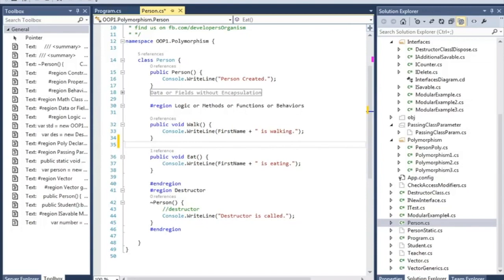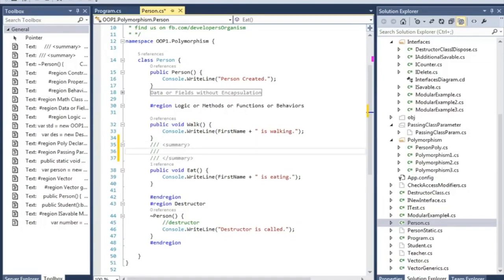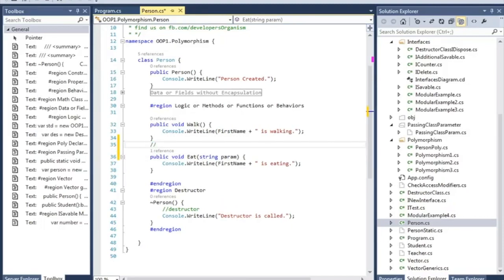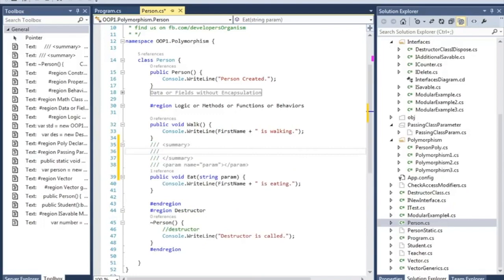To do that, you could type three slashes and you will get a summary. So let's say you have a method, and it has a string param. If you type the third slash you'll get a summary section. So let's say it's a method, just for simplicity, and it's a param.